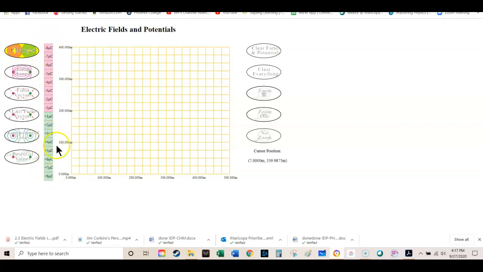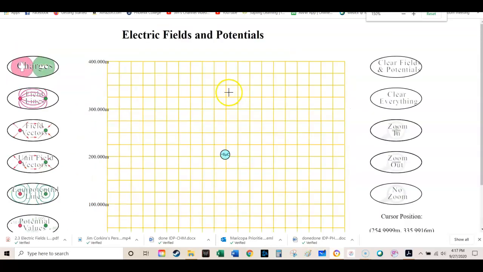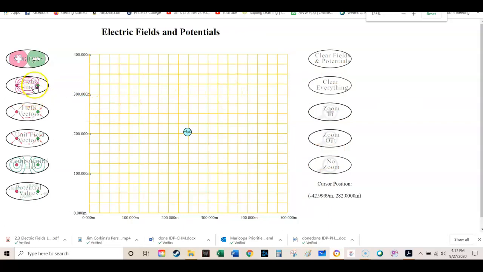I'm going to select a positive 8 microcoulomb charge, and I'm going to place it right here. All right, and let me zoom in a little bit. Now if I click on field vectors and I click around it, it's going to show the field vectors at